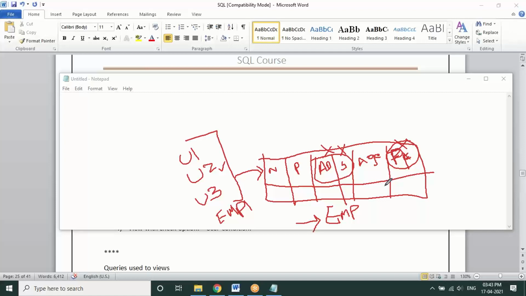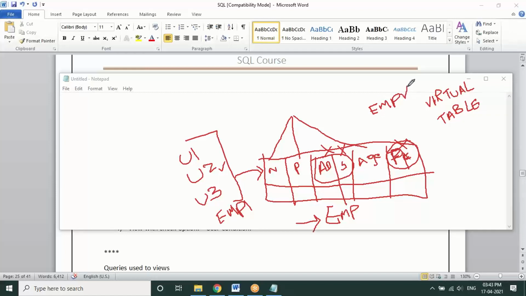So then we get this concept of a view, where we create a virtual table on the existing table. We call it a database object. As a table is one of the database objects, views can also be called database objects. So we are going to create a virtual table upon the existing table to hide the data from others. Now I'm going to create a view with the name, let's say, employee view,